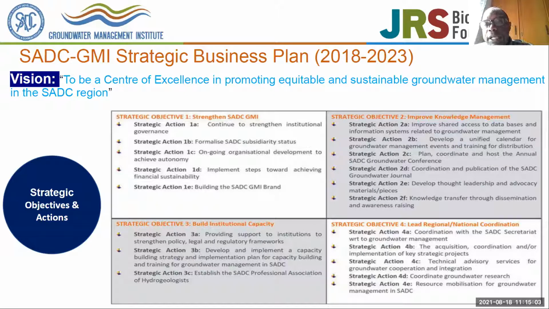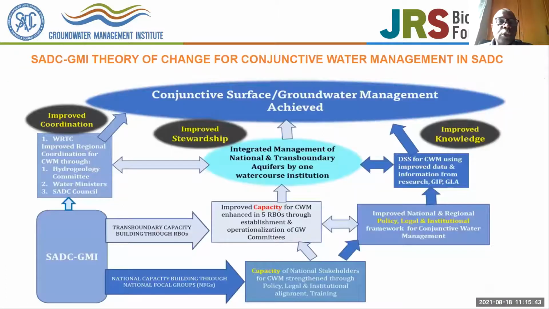And the project that we are implementing now in Khakhea Bray is also about generating knowledge that can be replicated. This is our very first project of its kind in the region, and we believe that we are starting something big that we can roll out to many other transboundary aquifers in the region. We are also leading the building of capacity of the different institutions across the region in various ways. I'll show a bit more of that in a later slide. And we also implement projects that reach out to communities, like small infrastructure projects through sub-grants that we give to institutions in that perspective. So that's our theory of change.